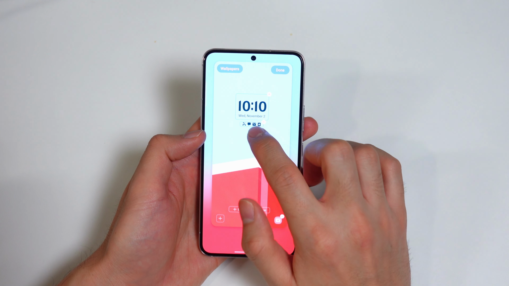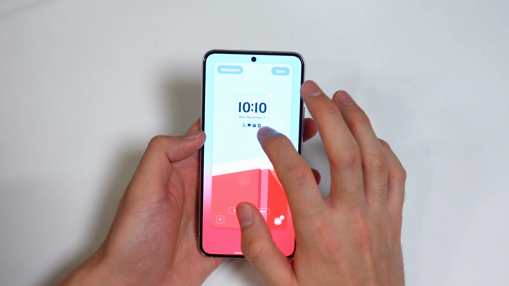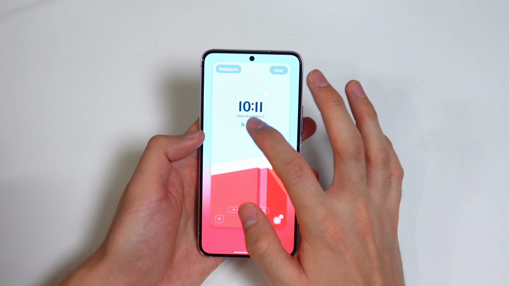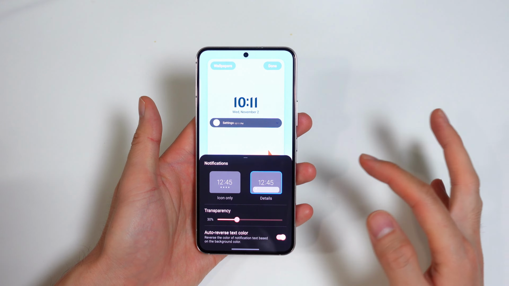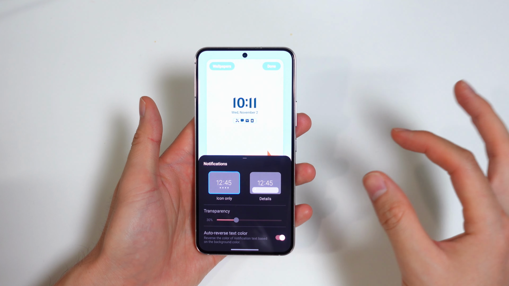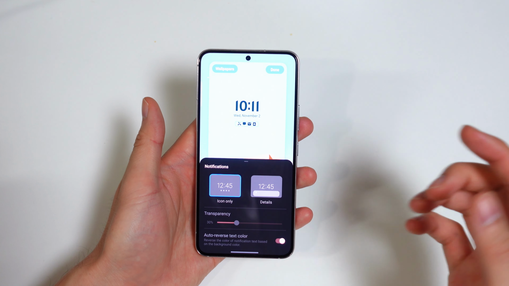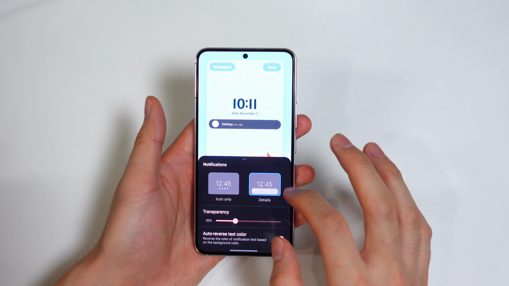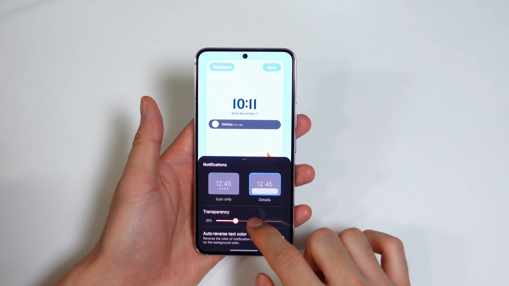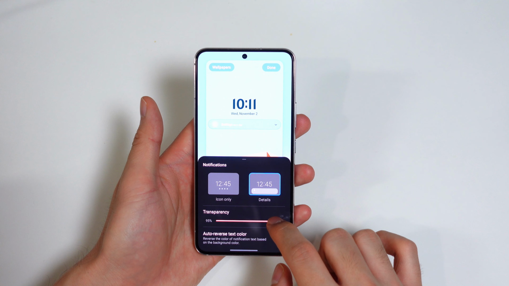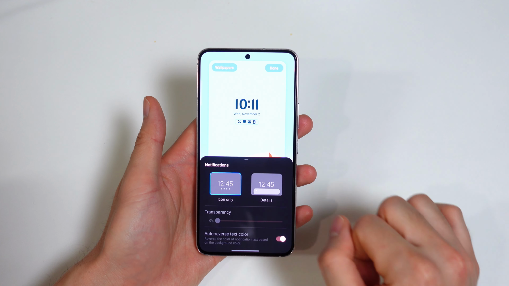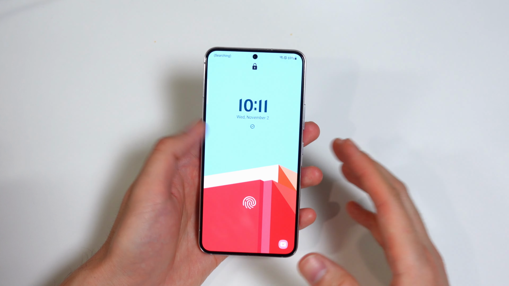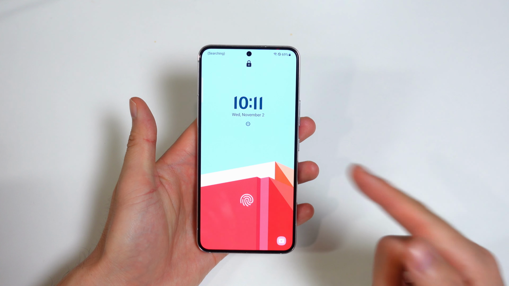And as you can see, you can also tap on these little tiny notification icons as well, and you can customize those. And you can either have a more detailed view, so it shows everything, or a simplified view where it just shows the icon of the notifications you have in your notification shade. And if you do have the detailed view, it looks like you can edit your transparency to make it more invisible, or just totally bold like that. But I think I like the icons view. It's simpler. And there's my new lock screen. It looks pretty nice. Liking the change.